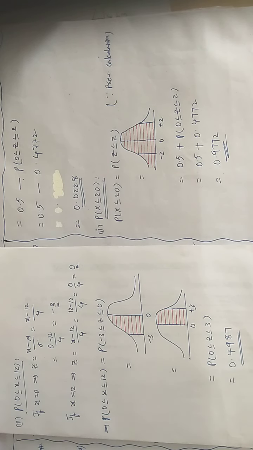So what is important? Drawing the bell-shaped curve is so important. And accordingly you need to shade. So for areas, if the negative side is there, that also you need to convert into the positive side. While reading the tables, first you need to take on the left hand side the higher limit, and on the top row you need to compare with the lower limit. Okay. So this is an example of the normal distribution. Okay. Thank you so much.